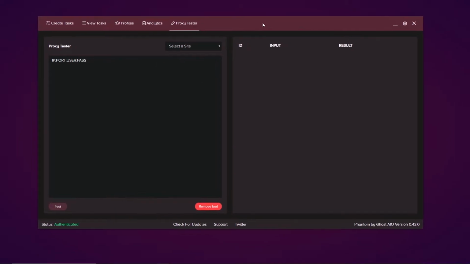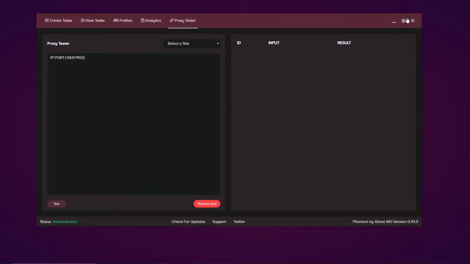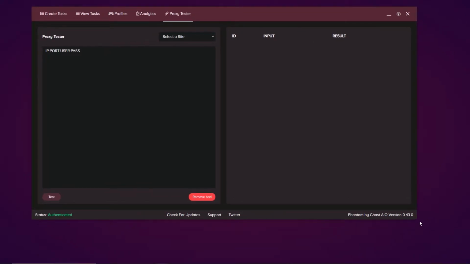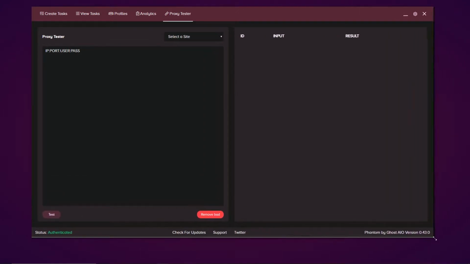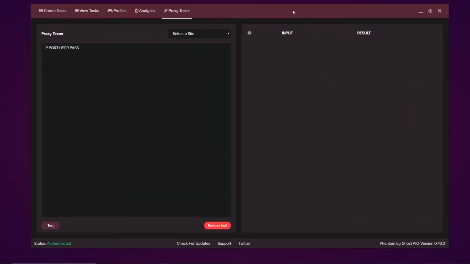So as you guys can see, it's a box. There is no full screen button. You have the status for your key, which is authenticated at the moment. You have the check updates button, support button, Twitter button, and also Phantom by Ghost AI version 0.43. There is no full screen button like I mentioned, so you can go ahead and scale the program. If you go to the corner, you can scale it accordingly. I'm going to keep it at this size for the overview, and then you have the minimize button, settings button,